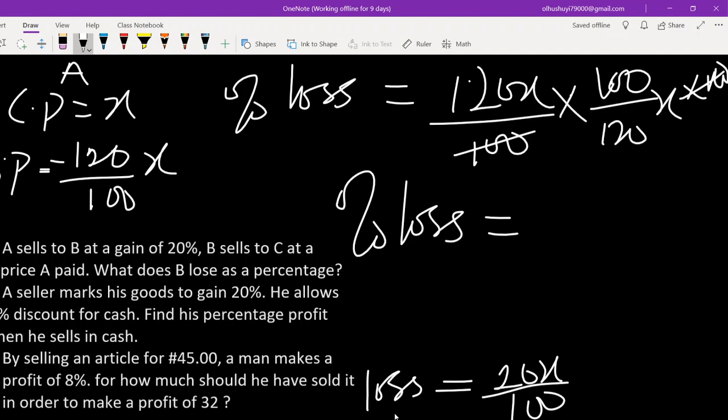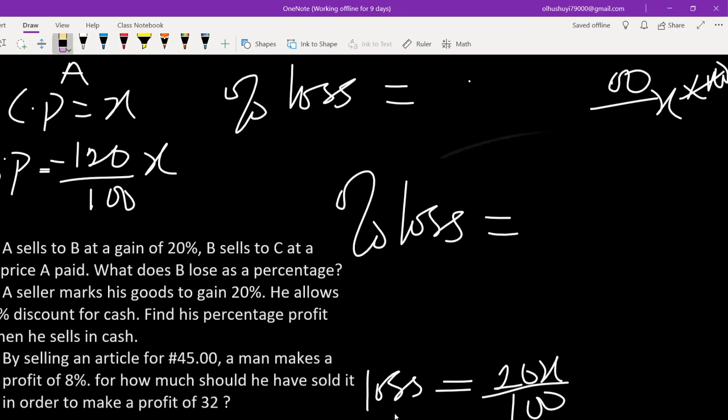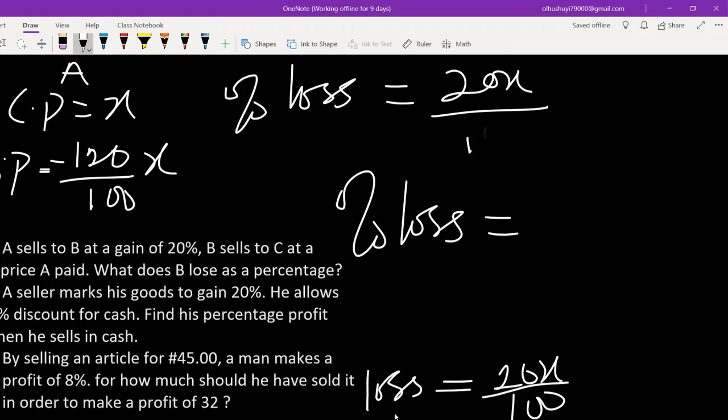Oh, I had 20x here and I wrote 120. Okay, there's an error here, sorry. The loss is now 20x, not 120. So 20x upon 100